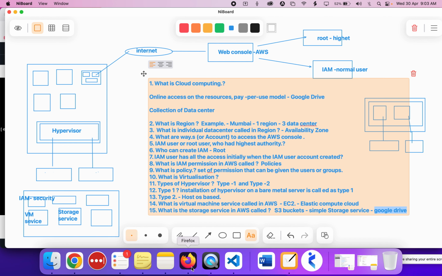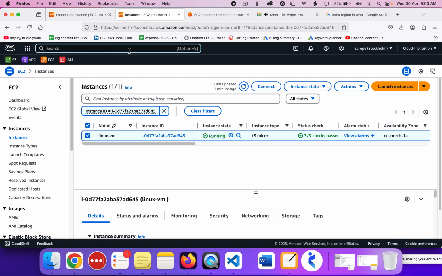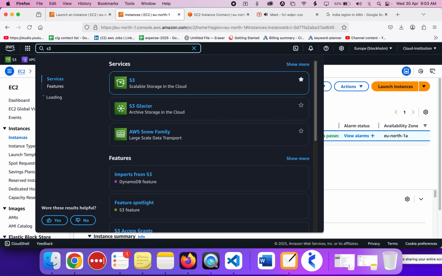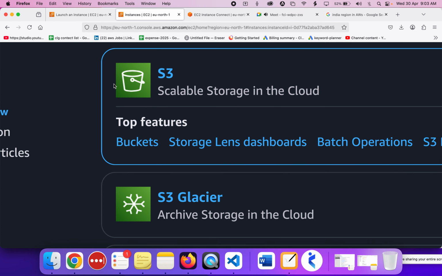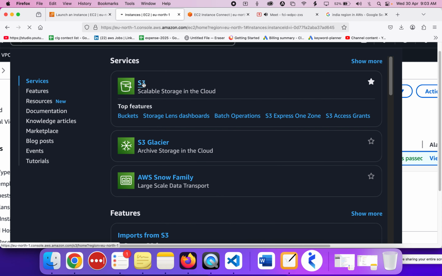Now let's go back to here. There is something, as I mentioned, that we call S3. An S3 bucket. This is called a bucket, right? It opens like a bucket. Now click on S3. Let's consider this a simple service. Then we are going to see what cloud in AWS is all about. If you click on S3,